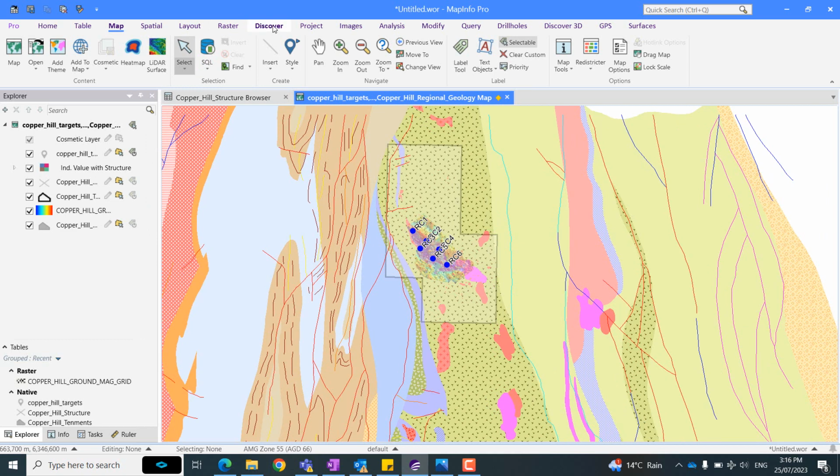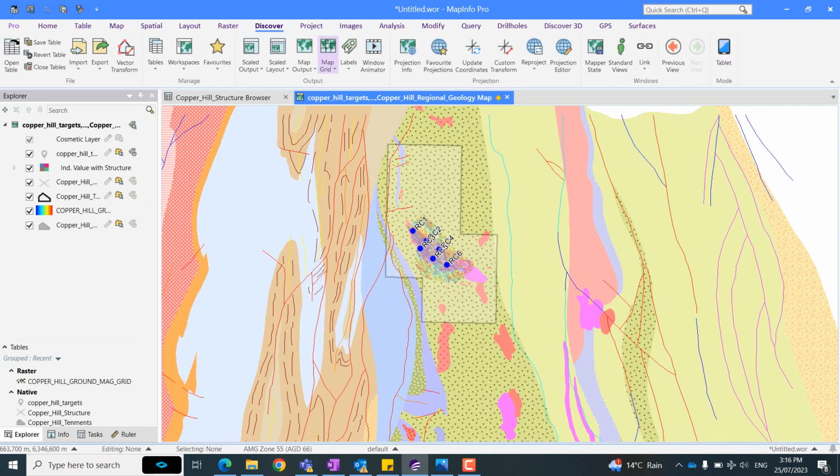To do that, let's go to the Discover ribbon. And here, where it says Output, we have two options. We have Scale Output and we have Scale Layout. So most of you probably have heard about Scale Output, which is an historic tool and workflow to create layouts or professional maps. And it's really useful and powerful, but